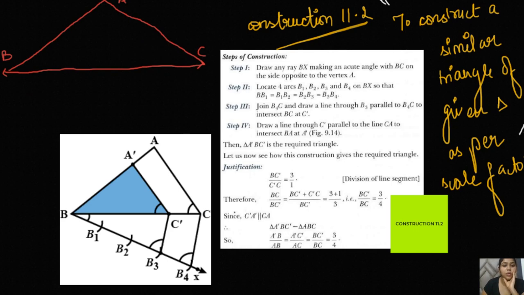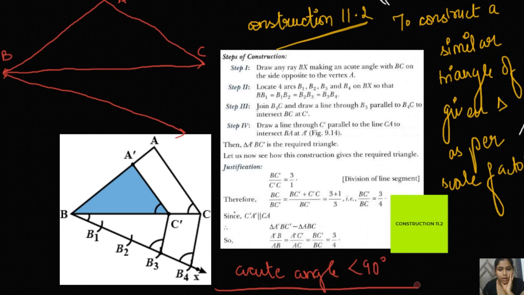Now, from the base of the triangle, as you have done in the first construction, you have to draw an acute angle like this. I am also writing here that an acute angle is an angle which is less than 90 degrees. Am I clear? In case you don't know about that, please go through our website, where in the 9th sessions you will get detailed explanations of acute, obtuse and other angles in the lines and angles chapter. So here I'm drawing an acute angle, using a protractor or a compass, anything you like.